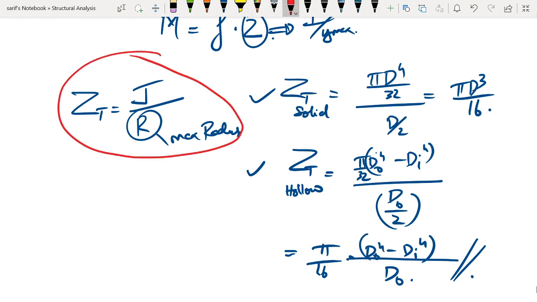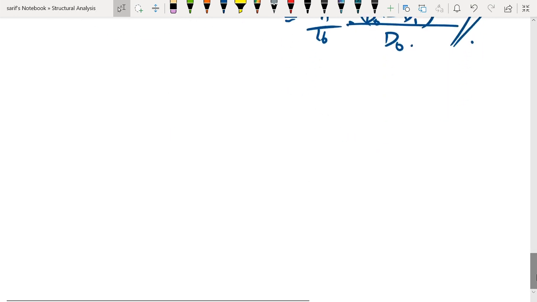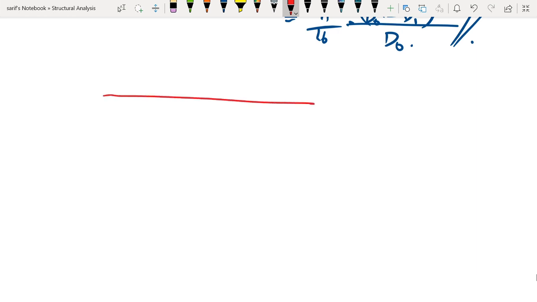Okay, if you remember this concept, you can easily derive this formula for be it solid or hollow circular shaft. Now, one last concept that we have to understand is how these shear stresses are acting. Now, what we have to understand is the shear stress is going to act at every cross section. Okay, so if we consider a hollow circular shaft,